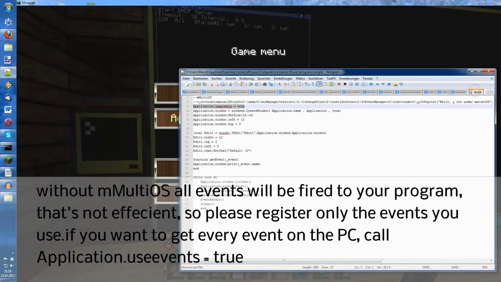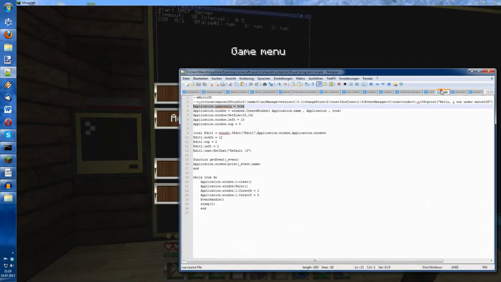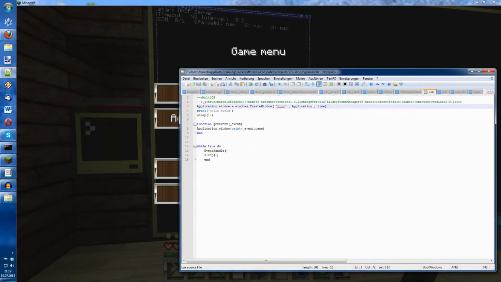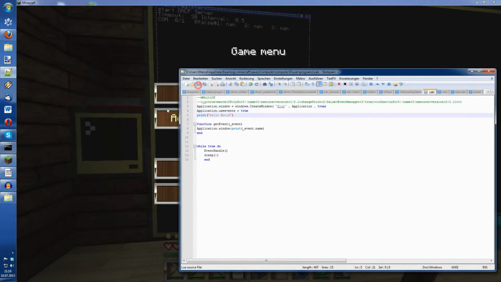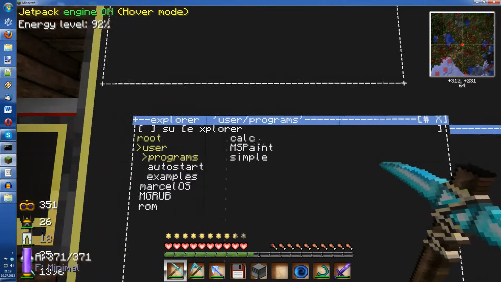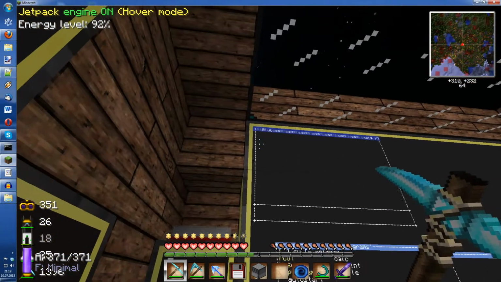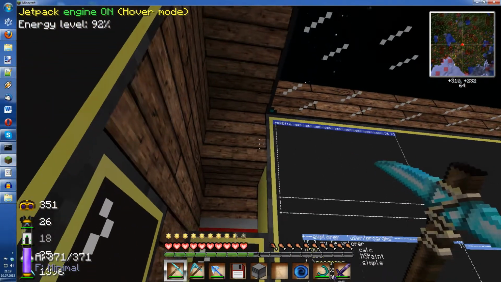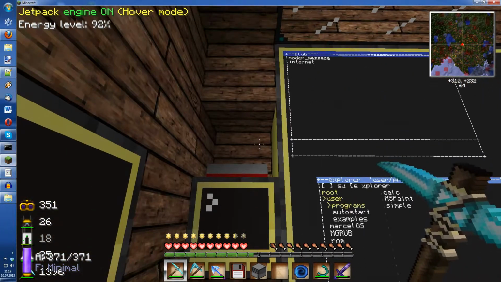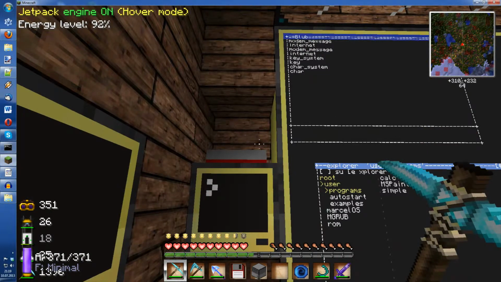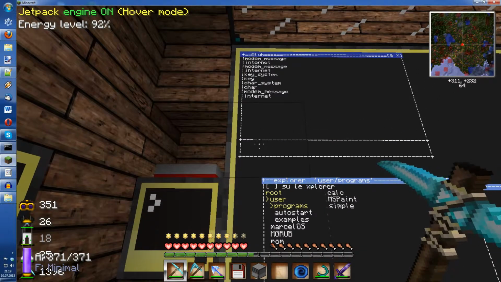So let's copy this application use events and put it here. We also should delete this 10 seconds sleeping. And then just restart the calculator. And wait a second. Oh, we'll get a modem message and an internet message. And if we press a key, we got a key system and a key and a char system and a